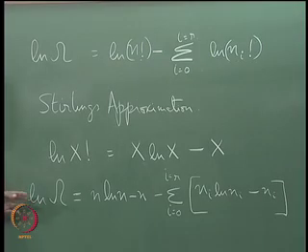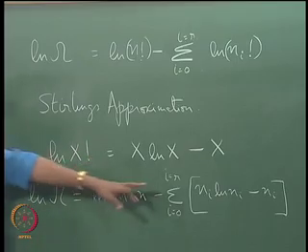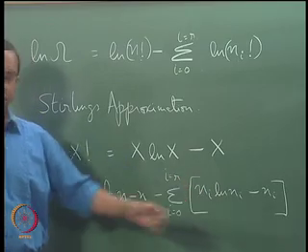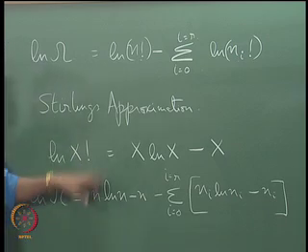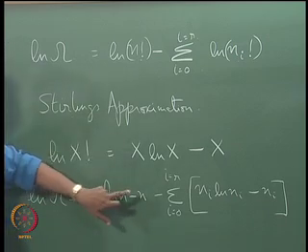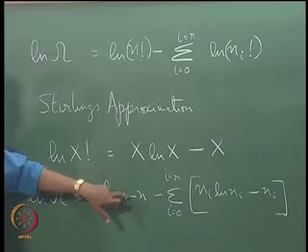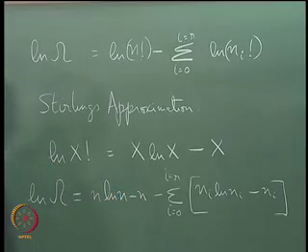but what it also means is that del ln omega should be 0 if you have reached a maximum, if you differentiate it with respect to ni, which is the only variable here, right, that is the only thing you can change. N is also fixed, even though you have to keep track of that. In this formula n is fixed, so ln n, n, these are all fixed values, you do not have a choice, only ni can change. So effectively del ln omega by del ni, or if you just want to put it as del ln omega, it should be equal to 0.